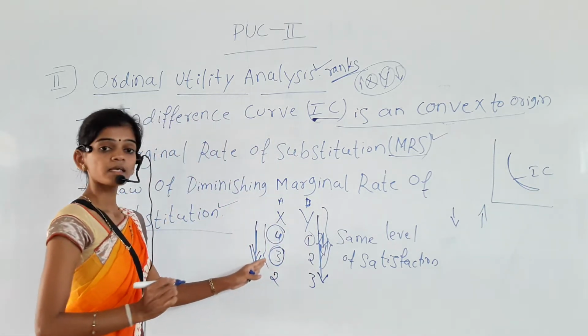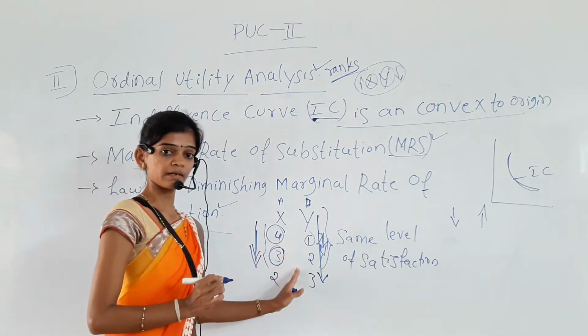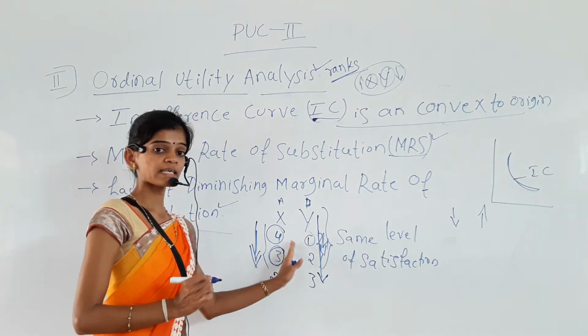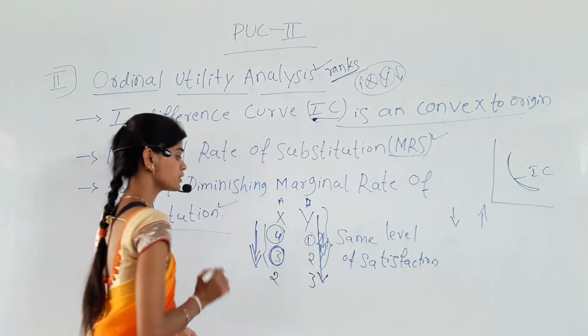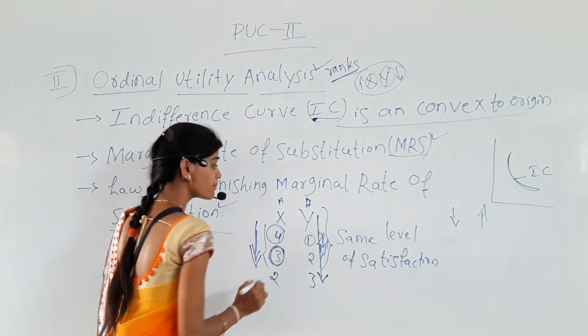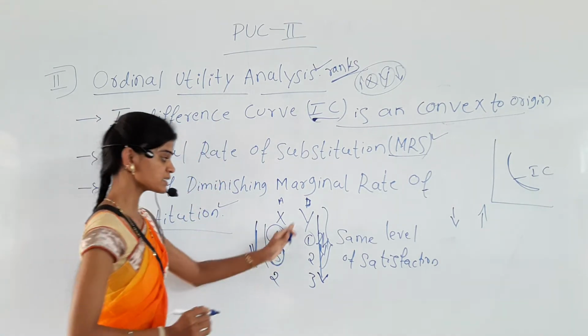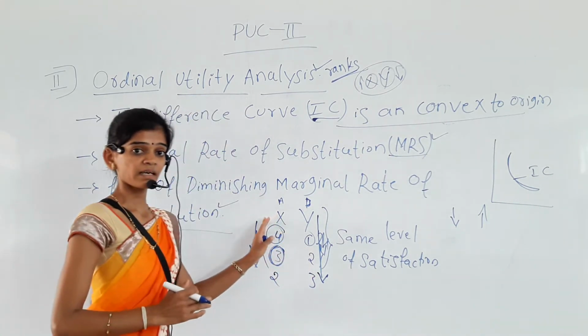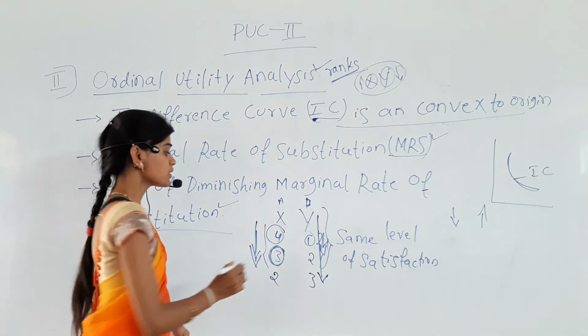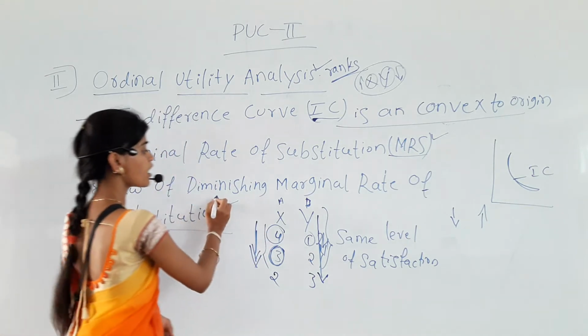Next he has to add an extra banana. He has to consume the extra banana, then he has to forgo some apples. Here the MRS is decreasing because of the additional unit of the banana. This is the law of diminishing marginal